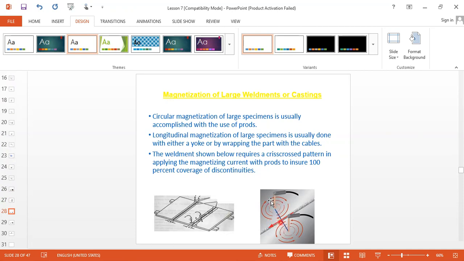Sometimes in prod also we have to give two directions. Generally in prod we make a scanning examination like this, in one position at 45 degrees as the first pattern, then for the second pattern the prods will be here and here, so these two are perpendicular to each other. Otherwise we can make one pattern like this and another pattern at 45 degrees, so we can inspect in this way as well.